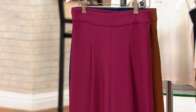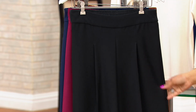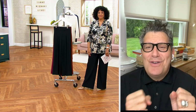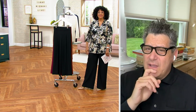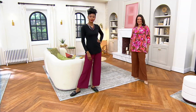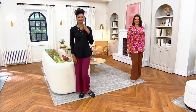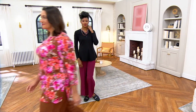Isn't she wearing the Pima piece that's coming up with these pants? Just that alone. And the dressiness, right? The Pima itself is so dressy, it dresses things up. And when you double down and wear these trousers with Pima, or with that incredible floral you're looking at on our darling Leah, you don't really have to think too much about what you're wearing. Sometimes, if you're dressed in your lounge clothes, you have to worry and get all